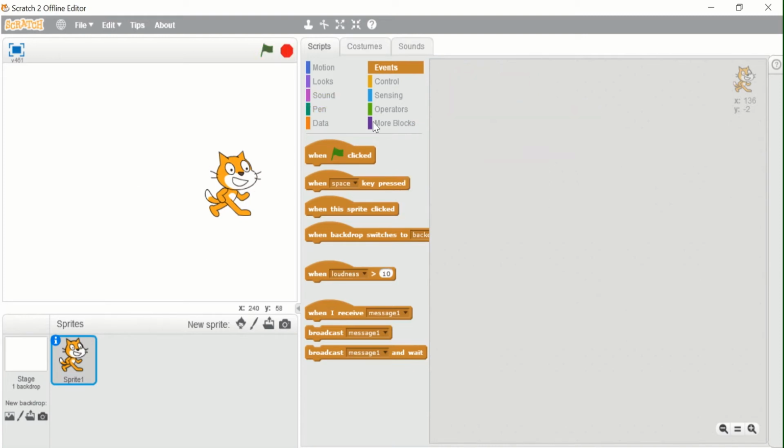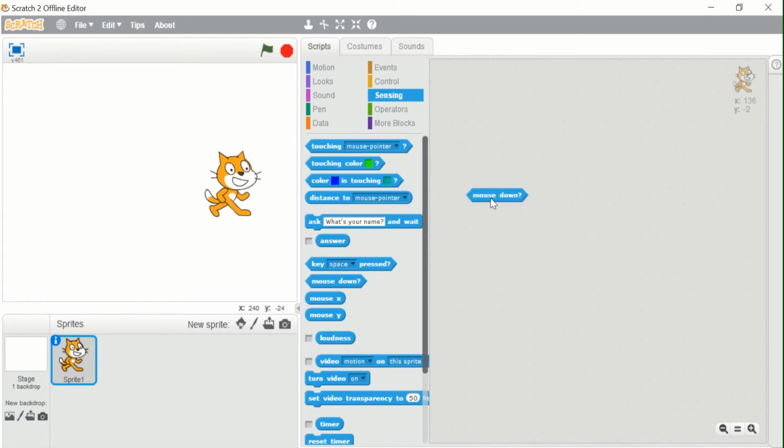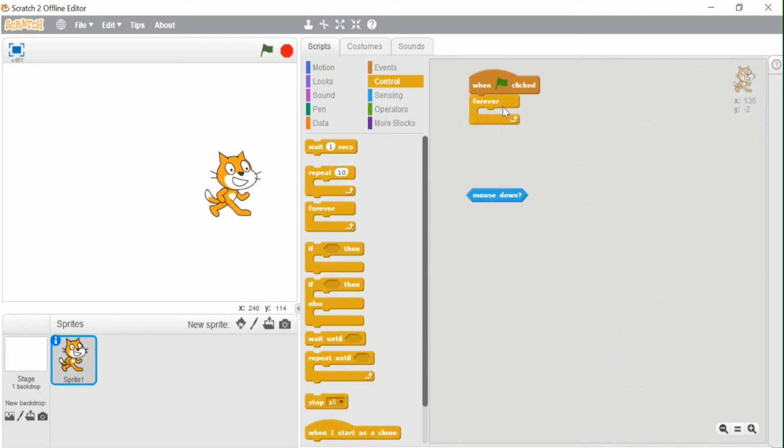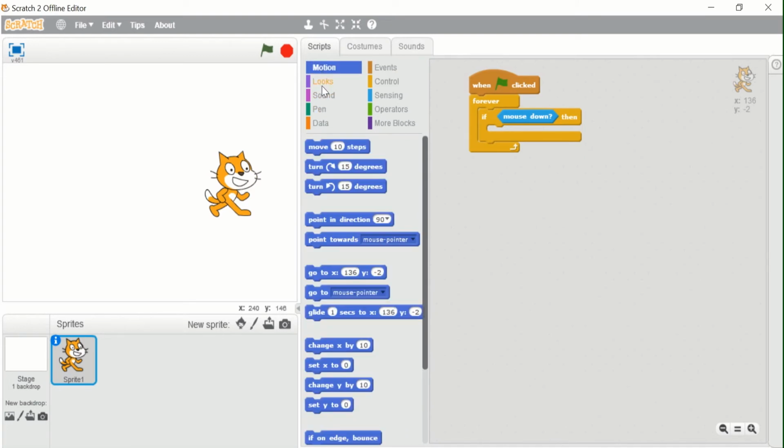The next block is mouse down. This basically stores the value of whether I click anywhere using the left button of the mouse. If I click this, it returns false because I didn't click anywhere. But again we can wrap it into that if block: when flag clicked, forever, if mouse down, then turn 15 degrees.